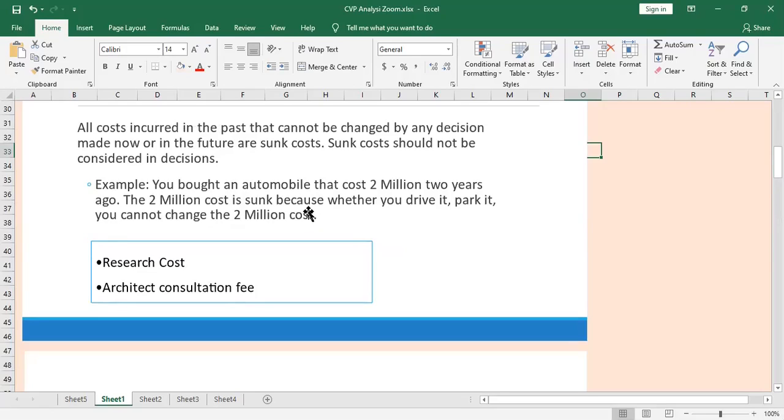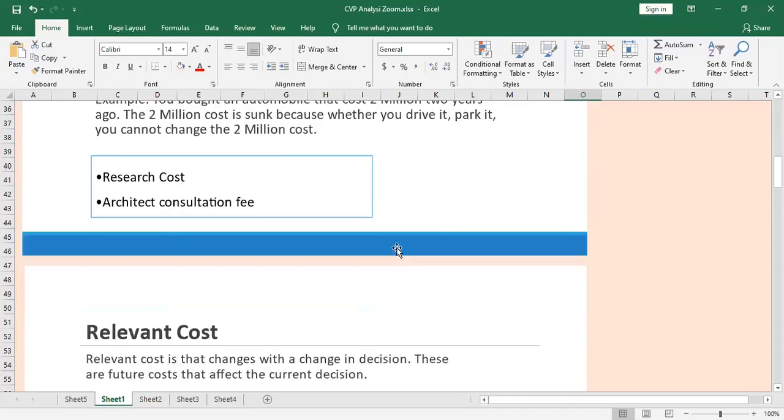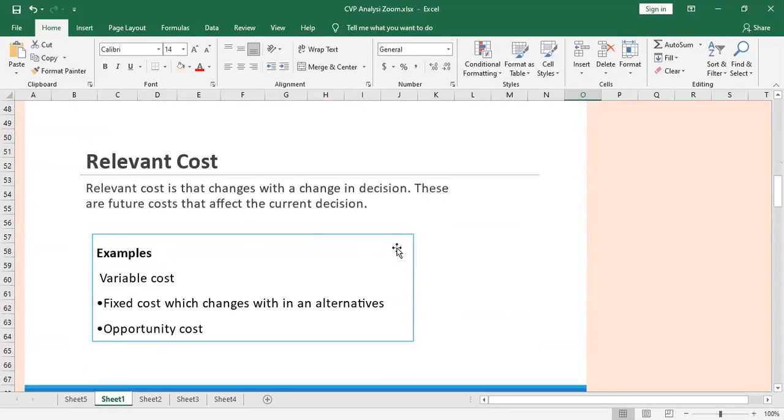So once you get the license for the vehicle, not for you, once you get the vehicle, then when you are deciding whether you are going to drive it or not, the cost that you had to bear for the vehicle license is actually an irrelevant cost, because that has already been done and you had to pay for that, and you are done with it. Now the decision about driving it or parking it at home doesn't change the cost that you had to incur on the license. So therefore that cost on license, we consider it as an irrelevant cost, not relevant for this particular decision.